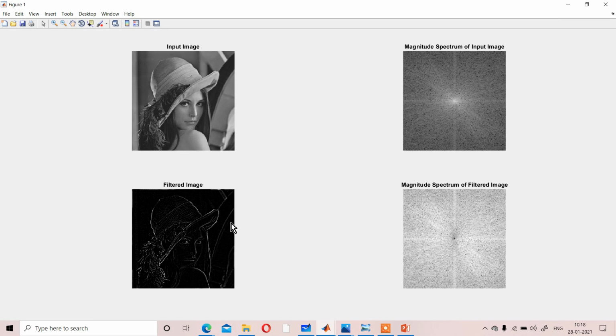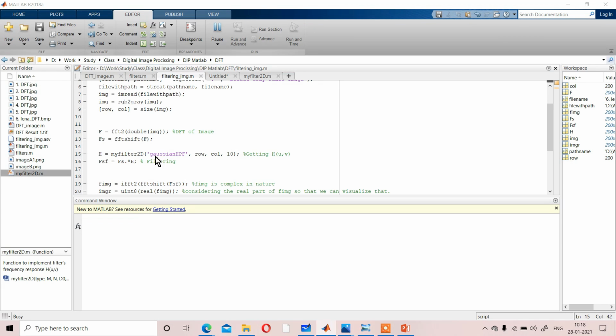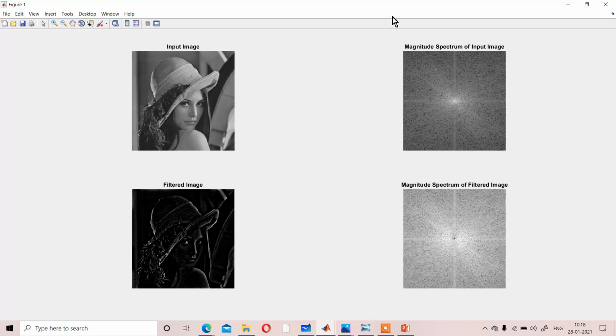That is for 30. If we consider 10, we'll get that type of structure. In that way you can use your filter.